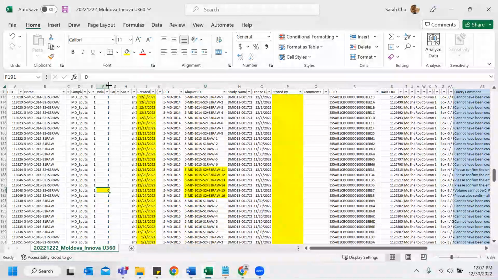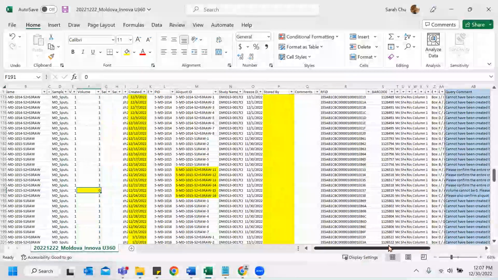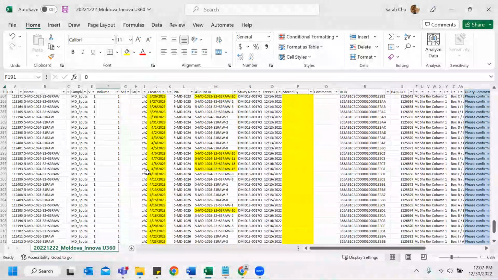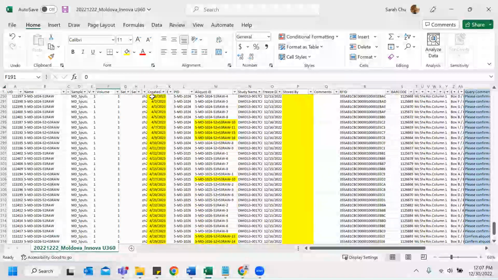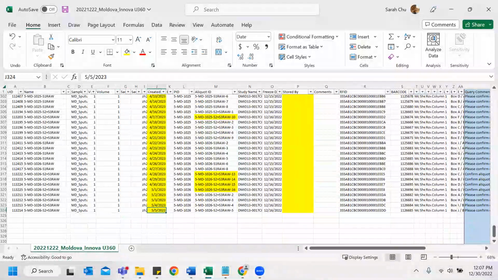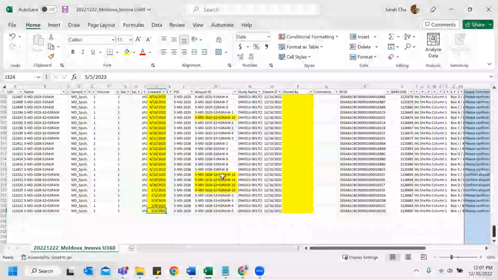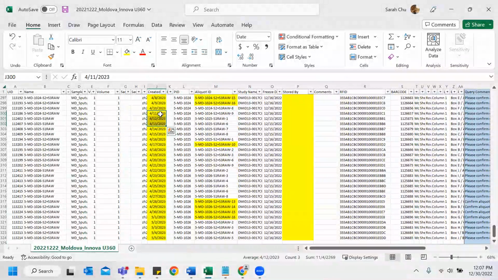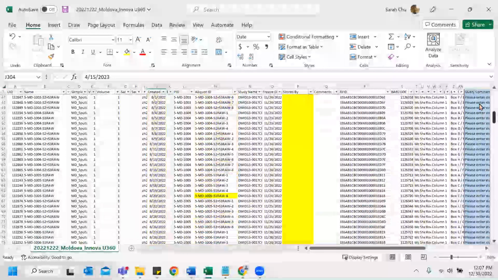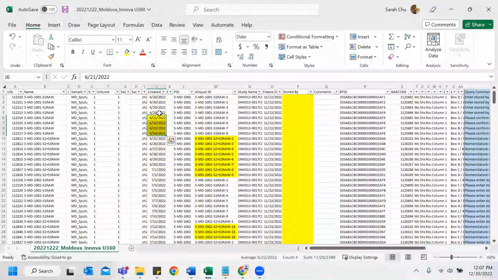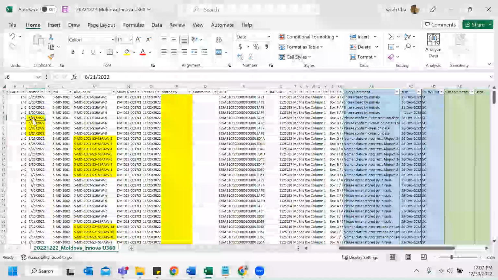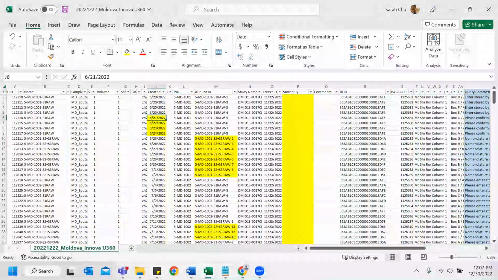And for this volume, since initial volume can never be 0, I highlighted and made a comment right here. And for this too, another note of why I want to look at this specifically, looking at the creation date, if you scroll down, the date is 2023, which makes no sense because it's still 2022 right now. Looking at it, it's sequential, 11, 12, 13, 14. So this might be a manual error, a drag and drop error. And it kind of starts around here. So in this situation, you'd also make a note like, please confirm the creation date, and explain why. And just as a review,